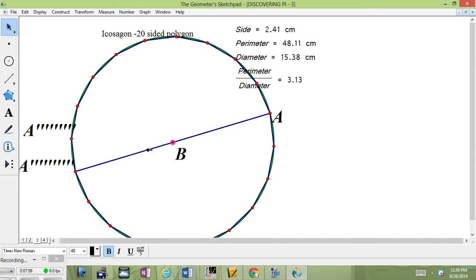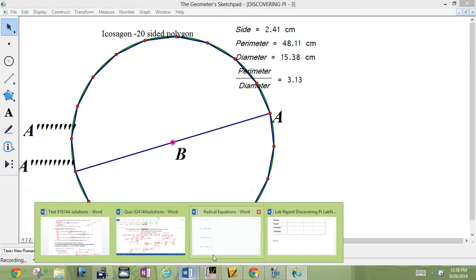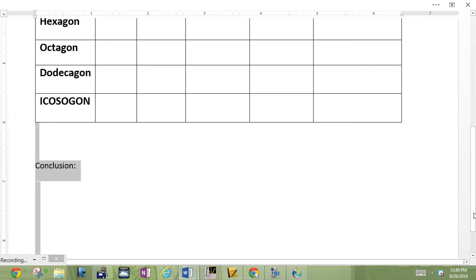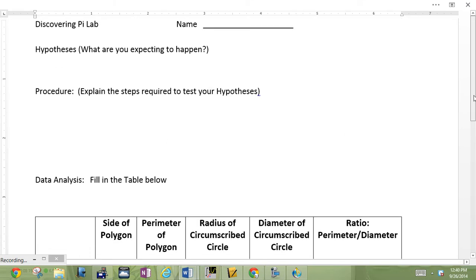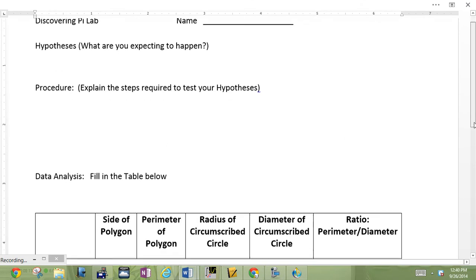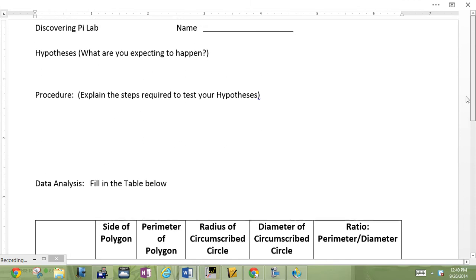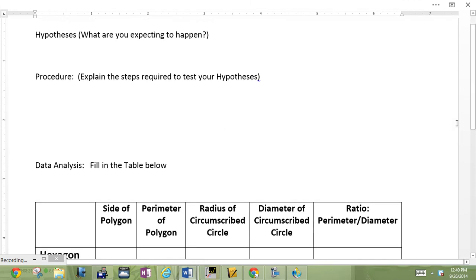So you need to have a Sketchpad example of this, which you're going to upload. Your finished product is going to upload as assignment number 6, okay? And then you need to go into your Google Docs, and in your geometry folder of your Google Docs, you need to access this Discovering Pi Lab sheet and fill out